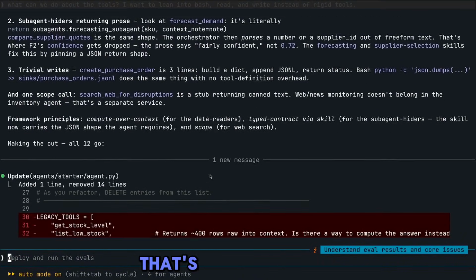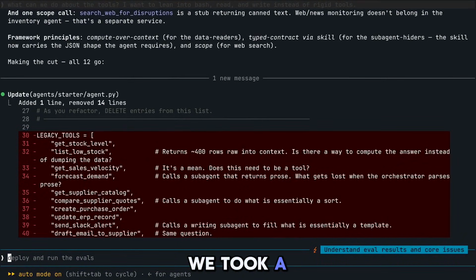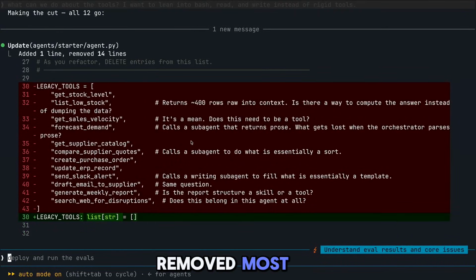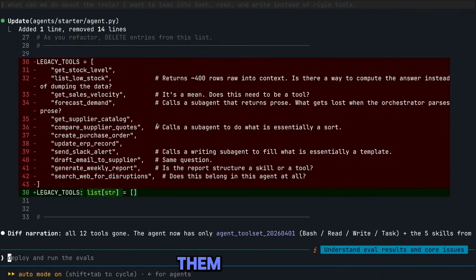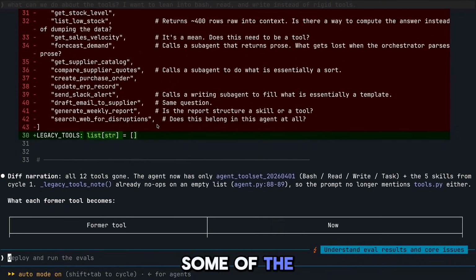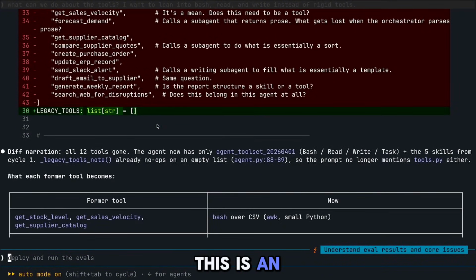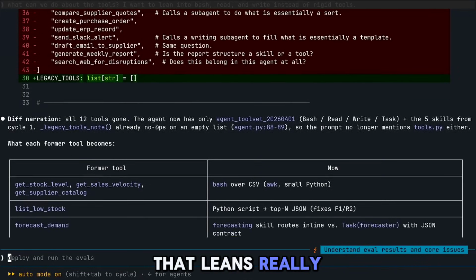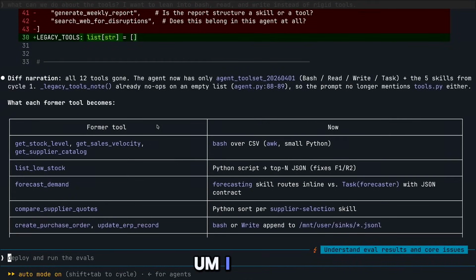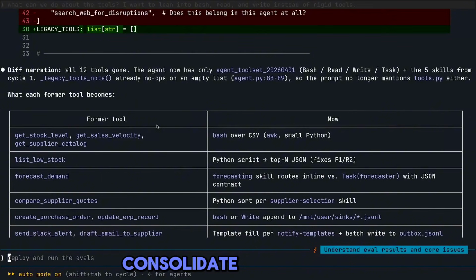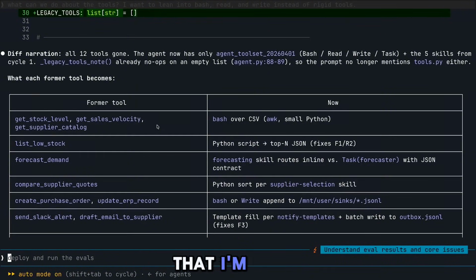So if I scroll down here, that's exactly what we did here. You can see we took a lot of steps and we actually removed most of the tools that exist within our agent, and we replaced them with some of the primitives that I talked through previously. This is an inventory management agent that leans really well to this. I have the ability to consolidate and remove a lot of the tools that I'm using to reason across Excels and reason across forecasting data and just give Claude access to the same tools that Claude Code has in order